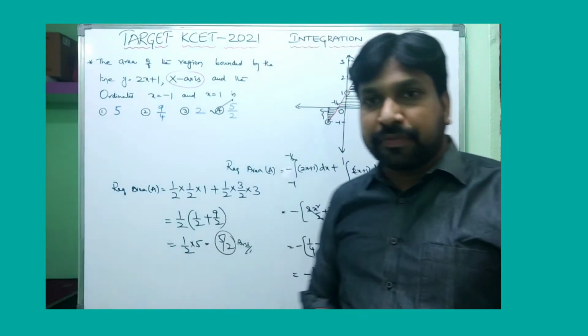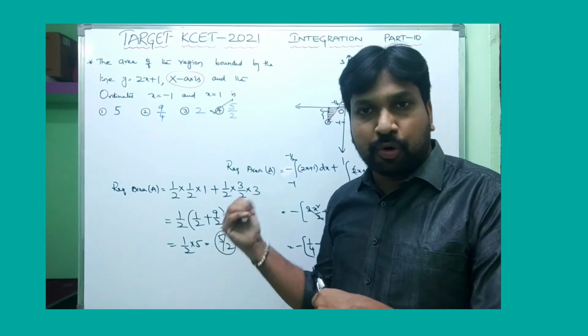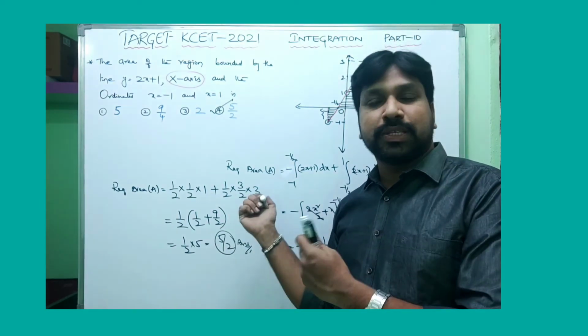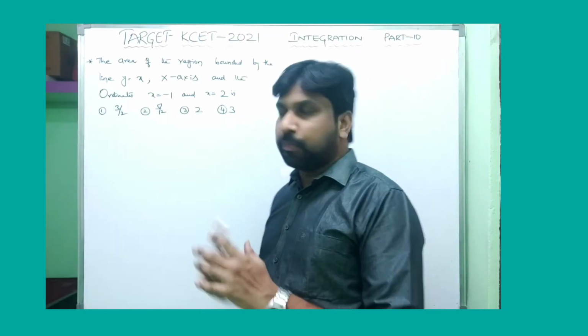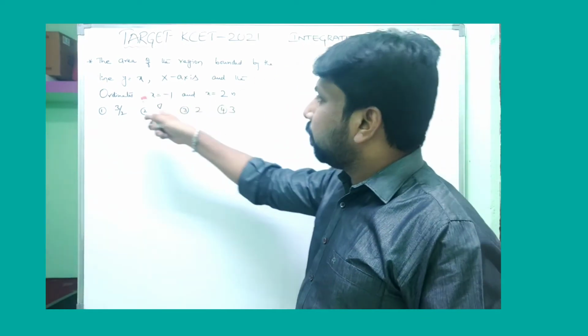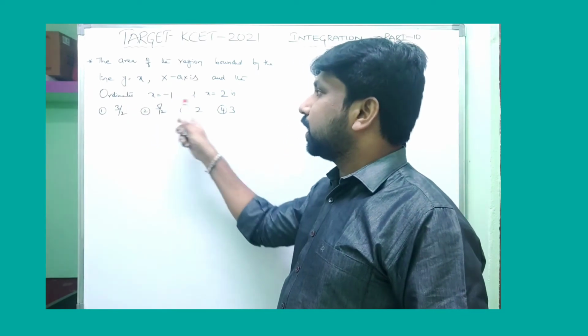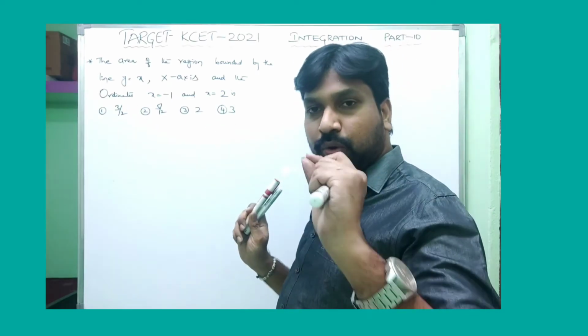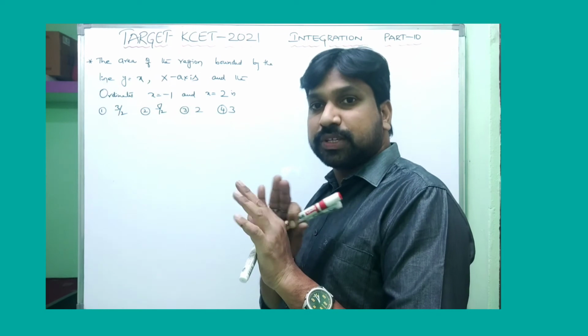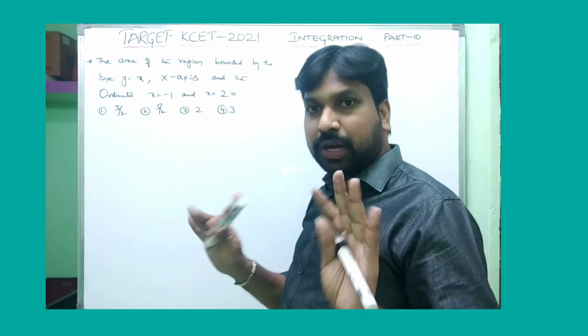Okay, so this is a similar model question, and there is one more I am going to discuss also. Please look carefully. One more question, friends, same model. The area of the region bounded by the line y equals x, the x-axis, and the ordinates x equals minus 1 and x equals 2. Integral from minus 1 to 2 integration is clearly wrong. You need to draw that diagram.